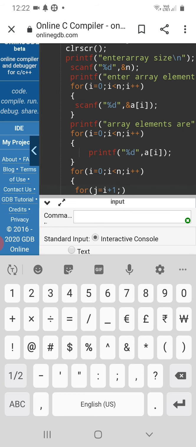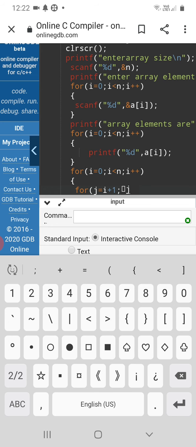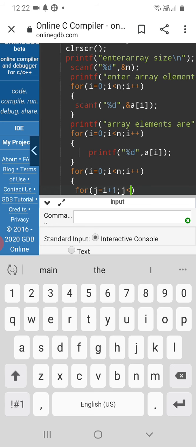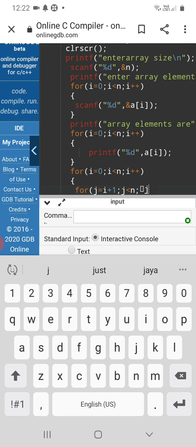Next, ending the expression with semicolon. Next, incrementing the j variable, j plus plus.